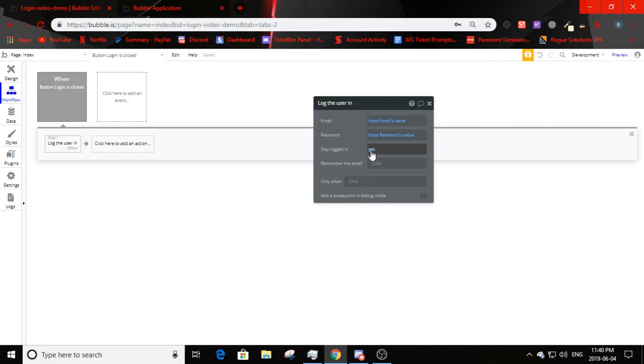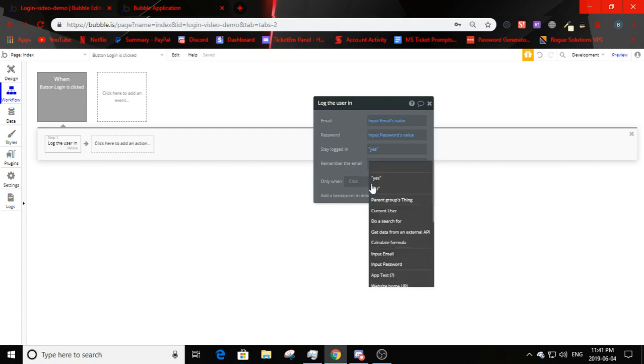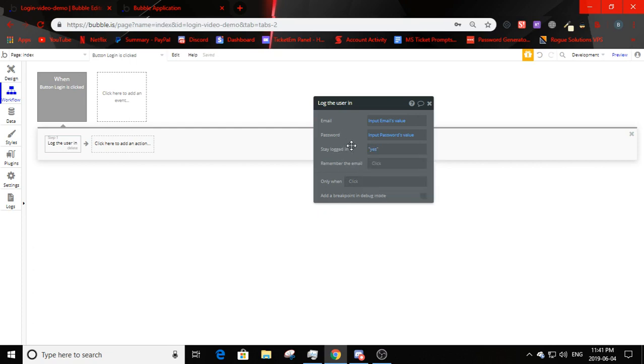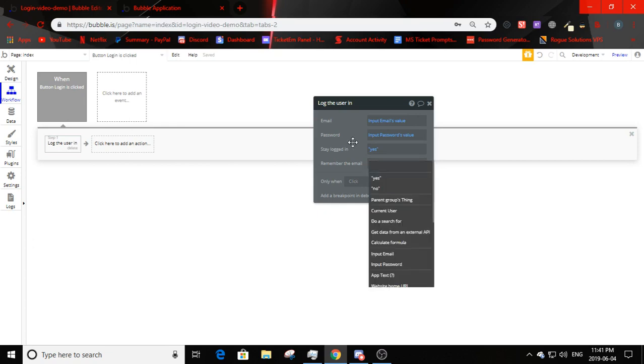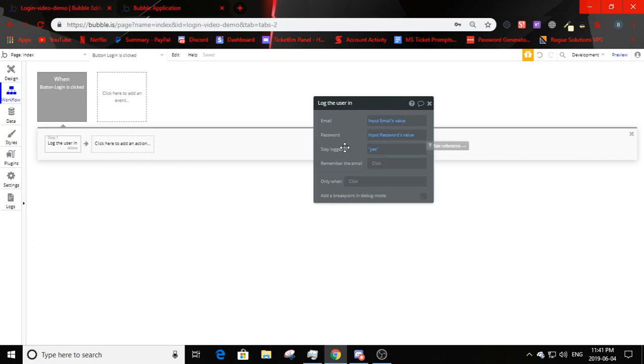Stay logged in. So if you want to leave a page or not refresh, but if you want to leave the page and go back to it later on, it will log you out if this is no. If it is yes, it will keep you logged in. Remember, the email is also yes or no. If you log out or happen to be logged out, it will remember the email in place, so you can just put in the password and click login. So we're going to put yes on that as well. So we have logged the user in,